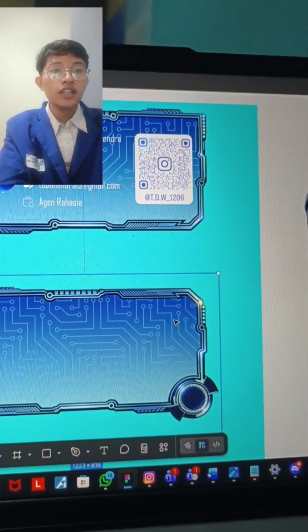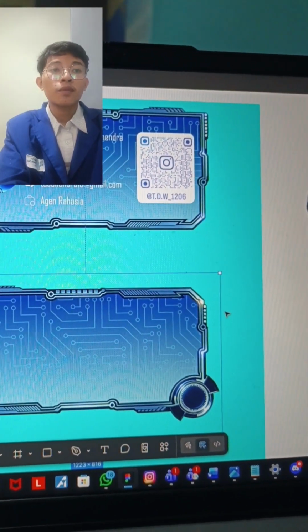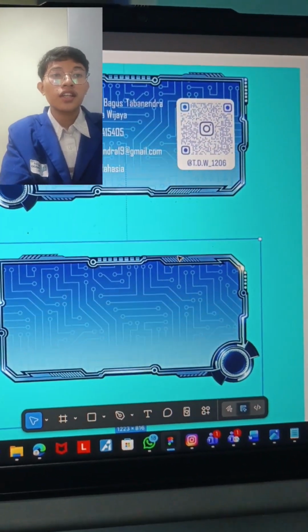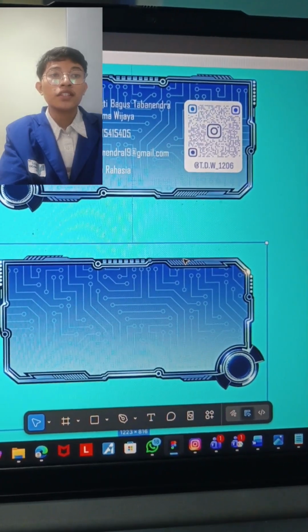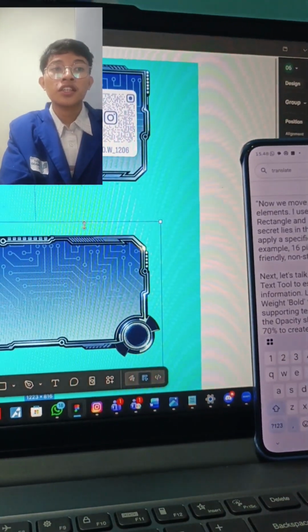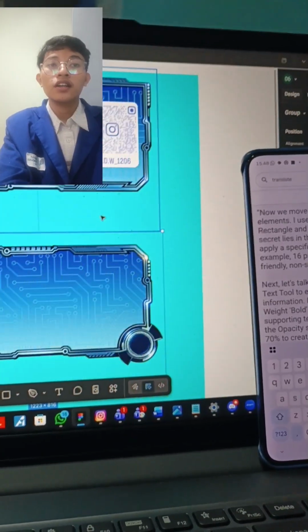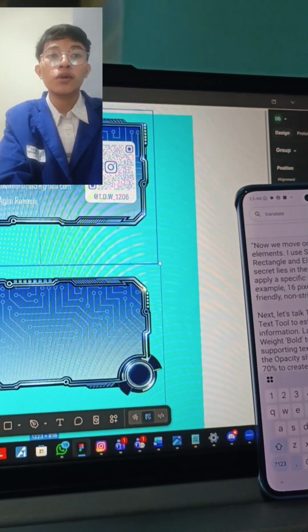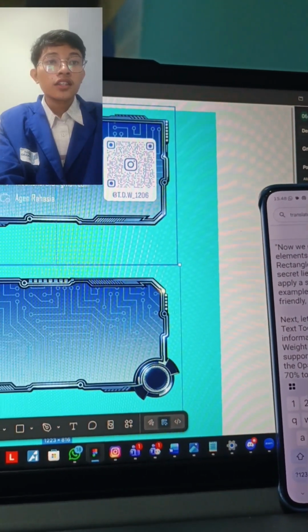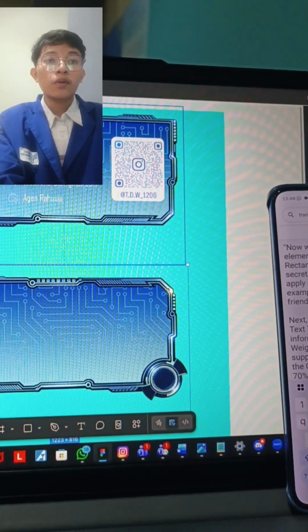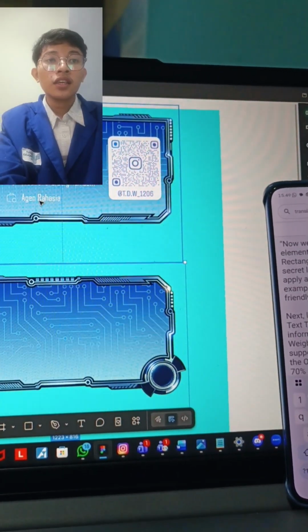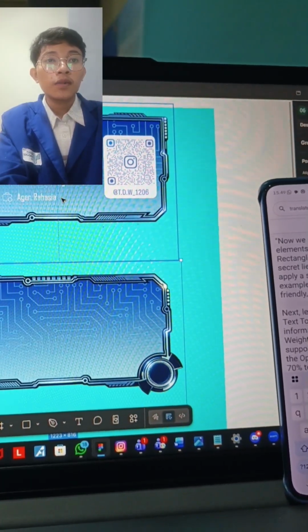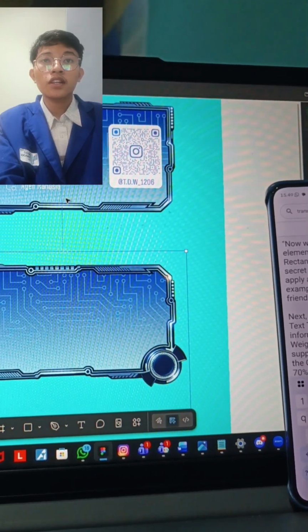Okay, next, let's talk typography. I use the text tool to establish a hierarchy of information. Large headlines use white bold to draw attention, while supporting text uses regular with the opacity slightly reduced to 60 or 70% to create visual contrast.